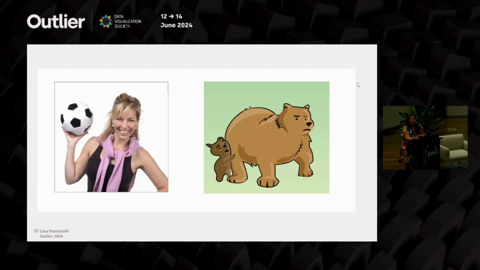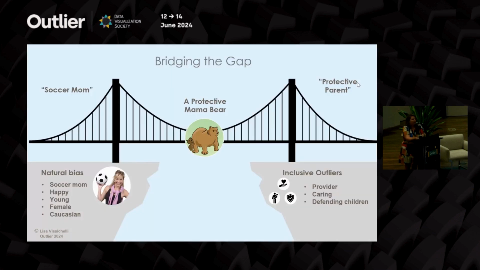So when you use something like a metaphor or a mindset that's focused on the visual, we're able to really bridge this gap and add another layer to the story. We're focusing beyond gender, beyond race, beyond these demographic profiling aspects, or even our natural bias, what we think she could have looked like, and focusing more on solving the problem. How do we reach parents? And how do we reach parents trying to protect their kids?